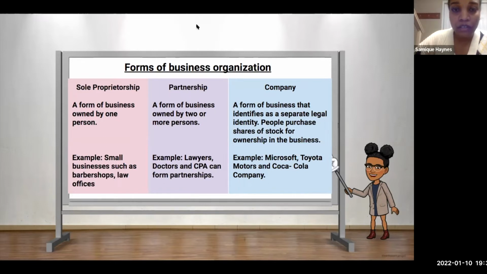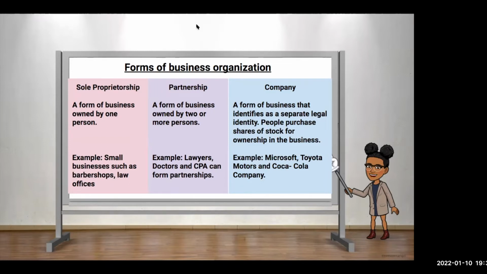Oshini? Yes, hi, Professor. So what I learned in ADMS 1000 is that the benefit of owning a company that is a separate legal entity, a corporation, is that in a sole proprietorship, if there's a problem with the company, the company and the owner are basically the same. But in a separate legal entity, the owners and the company are different. So you can sue a company, and it won't really affect the owners.